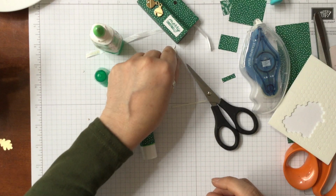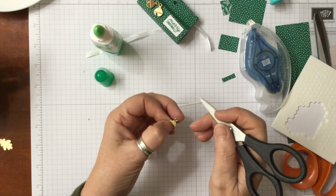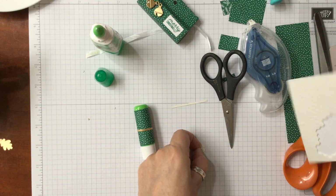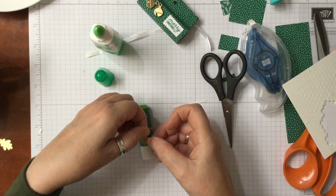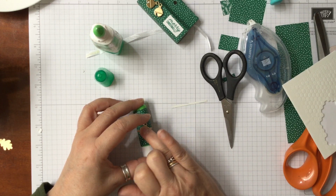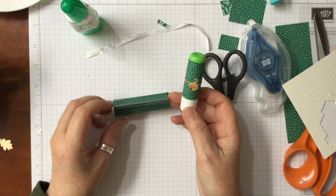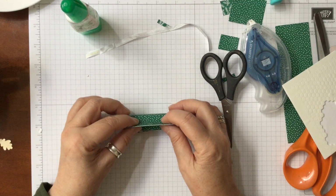So then we're going to take the other little bell, and I just need to poke its little centre out. There we go. And then that's going to go in on top. And again, I'm going to do that with a dimensional because I think that will work quite well. So we can then put that little bell, and I'm only putting one bell because I think if you put any more it might fall out. So put that on there and just make sure that that sticks nicely, which it does. So you've then got the little lip balm that fits perfectly inside